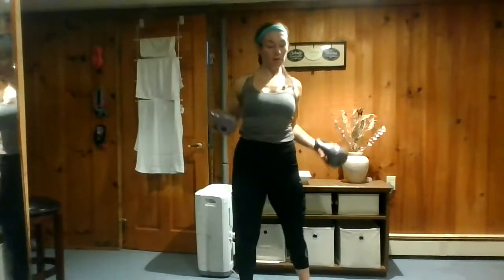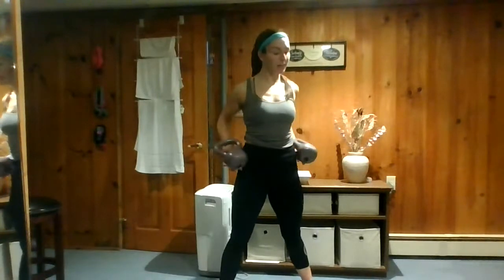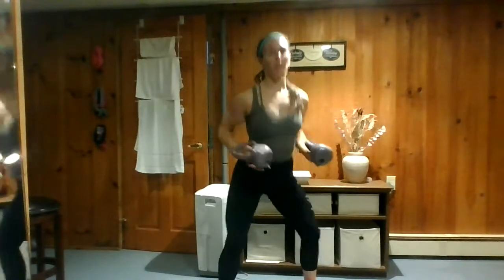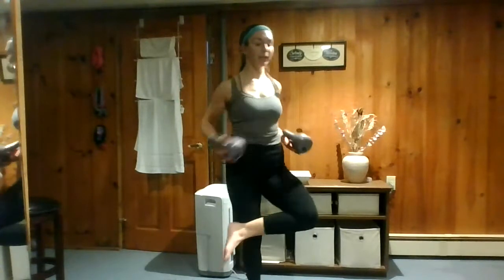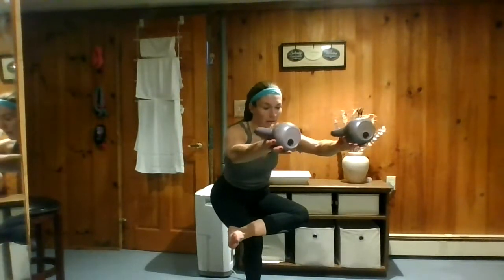If this cuts out, I just want you to make sure that you do each of the series 2 or 3 times through. Okay, so what we just did, try to remember that because we're going for that after we finish series B here. So crossing one leg over. This is a serving bicep with a single leg squat. So if you need to, go for a regular squat, weights at your hips, weight is in your heels, sending the weights out and up is going for a serving bicep. So that activates the biceps, not only the hamstrings and the glutes, but the biceps. So right here, and it's kind of a different activity, but the weights kind of counterbalance you, believe it or not. So coming up,